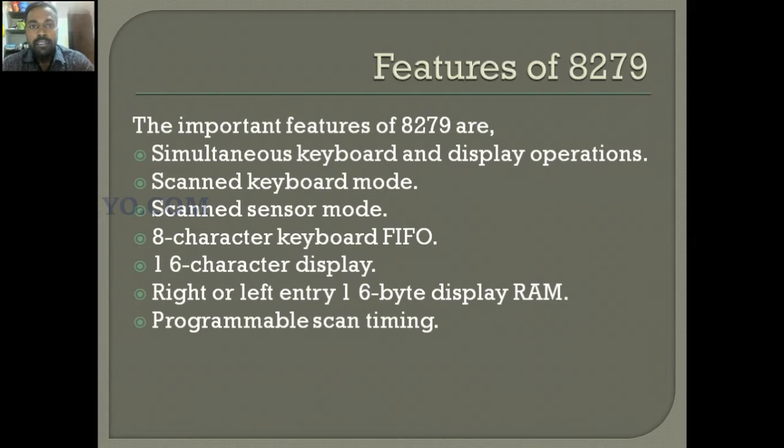After finding the key, it will produce the key code to the microprocessor. The microprocessor receives that key code and it is again displayed into the display unit through 8279. Okay, right? So this is the scanned keyboard mode.